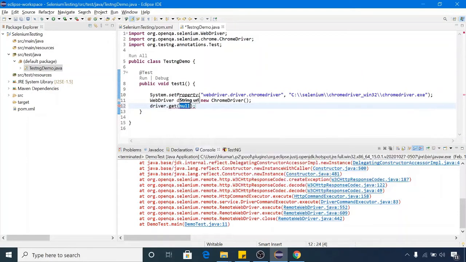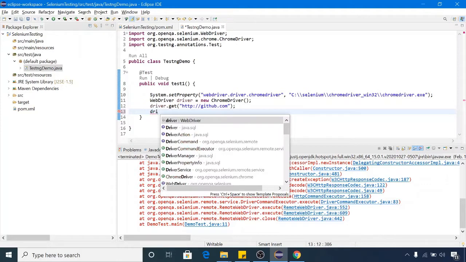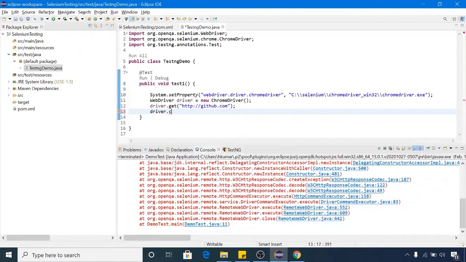Let's launch the browser. The driver.get method is used to launch the browser, and you have to pass the URL here. Let me pass http github.com. Now we have launched github.com, and we can use driver.close to close the browser once you are done with your script.